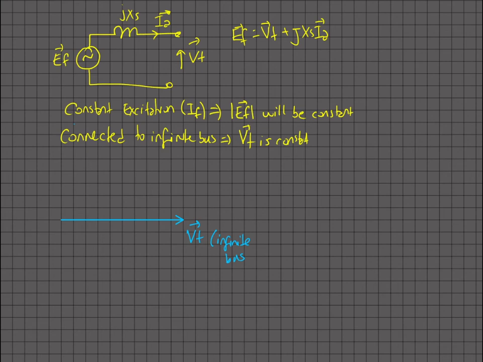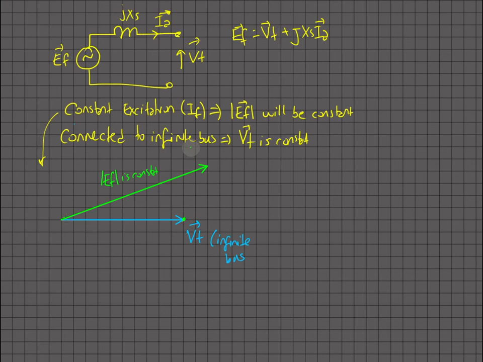If it is working in the constant excitation mode, then the EF magnitude, let's use the same colors, so EF, let's say here, and the EF magnitude is constant. So you have that point constant,